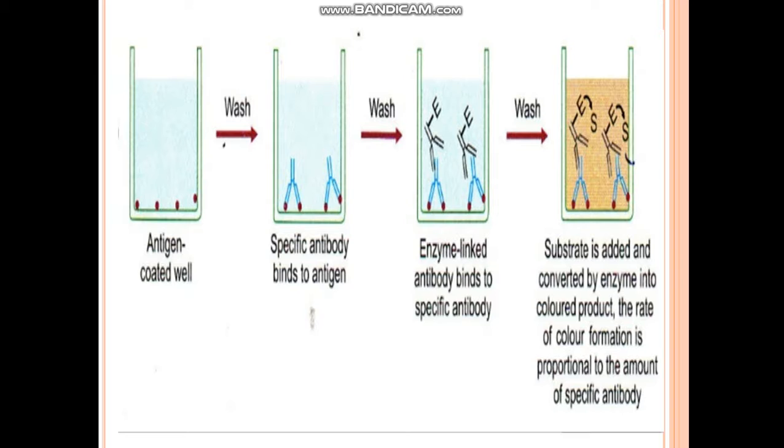It can be used to find out the serum antibody concentration. It can detect food poisoning or food allergies present. Maybe some people are having food allergies for milk protein, peanuts, etc. They can also be detected. Then spread of a disease can be detected, for example HIV. And of course the two important things, detection of antibodies and detection of antigens, both are important. So this whole ELISA thing you will understand and draw the diagram also, understand the procedure, and washing is very important after each step.